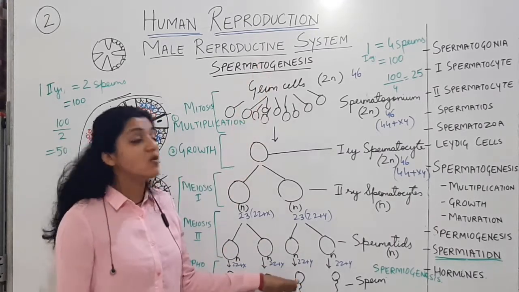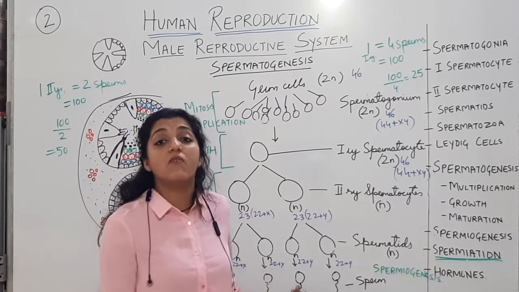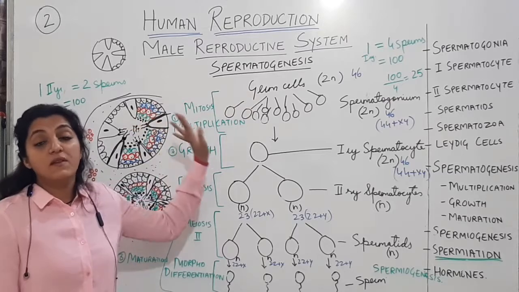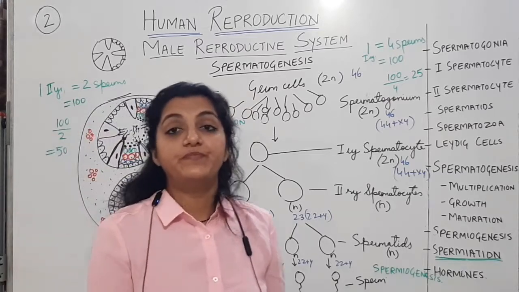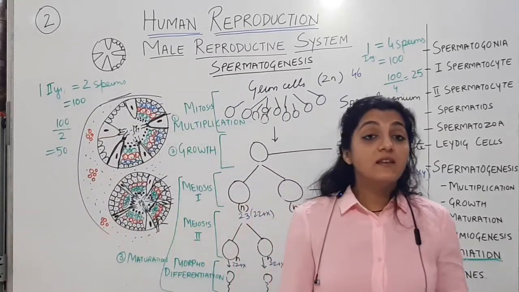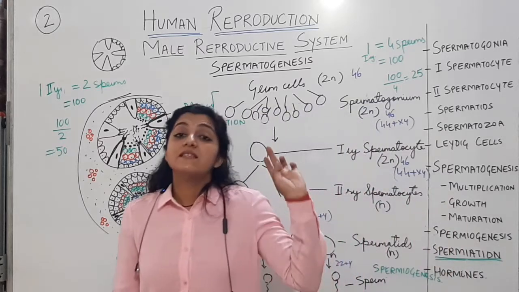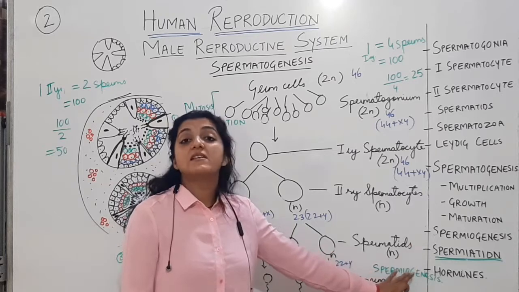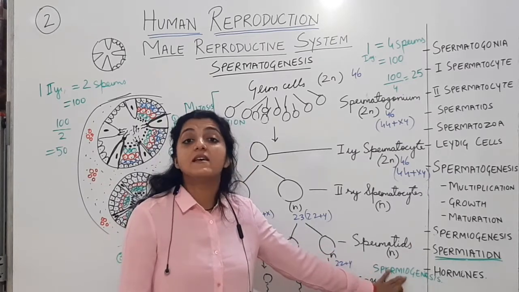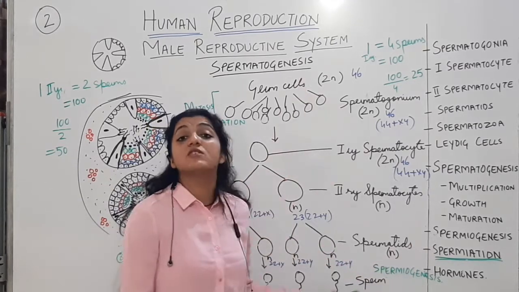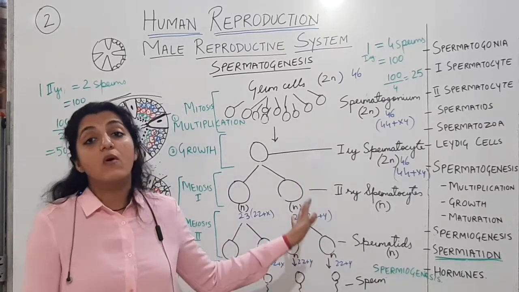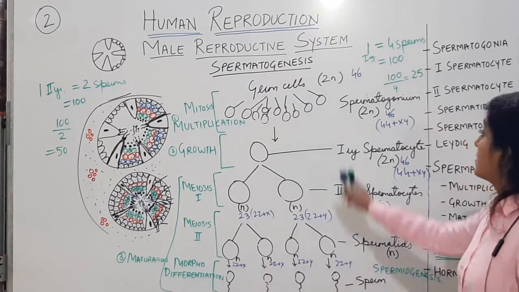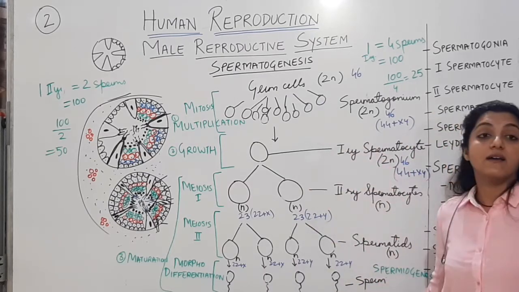Spermatogenesis is the formation of the male sex gametes, is the formation of the sperm from the germ cells of the seminiferous tubule. समझ में आ रहे हैं ये तीनों वर्ड? Spermatogenesis, spermiogenesis, spermiation, important. Spermiogenesis is a step of spermatogenesis. Yes, it is a step of spermatogenesis. So very important. I hope अब आपको ये समझा है.